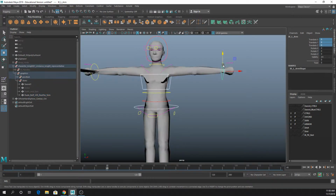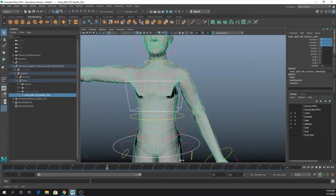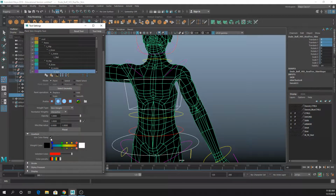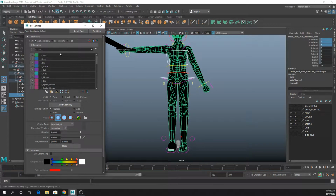I will do perhaps something on the shoulder because that looks terrible. Shoulders always suck. Shoulders are always evil. So just grab your mesh, right click and do paint skin weights tool. And I usually, so by default, it's going to be, let's see, grab up to, I actually just realized the other day you can also order this alphabetically, which is kind of nice if you're looking for a specific